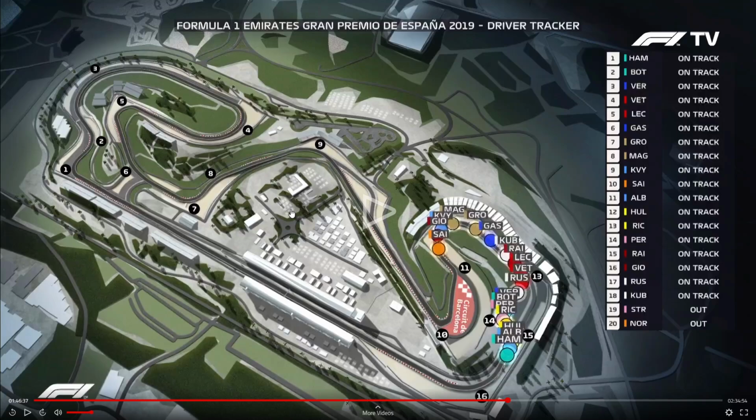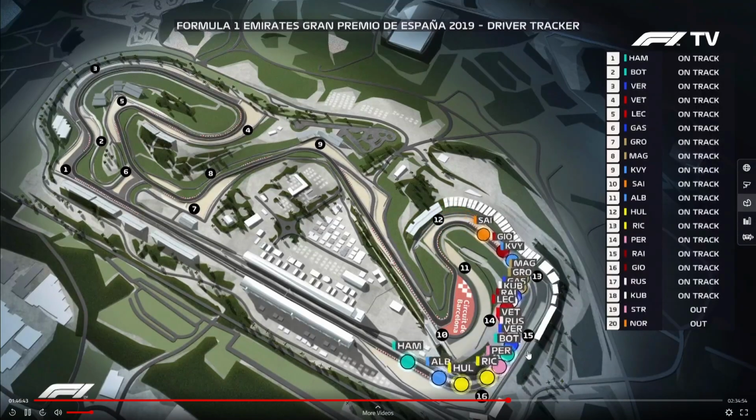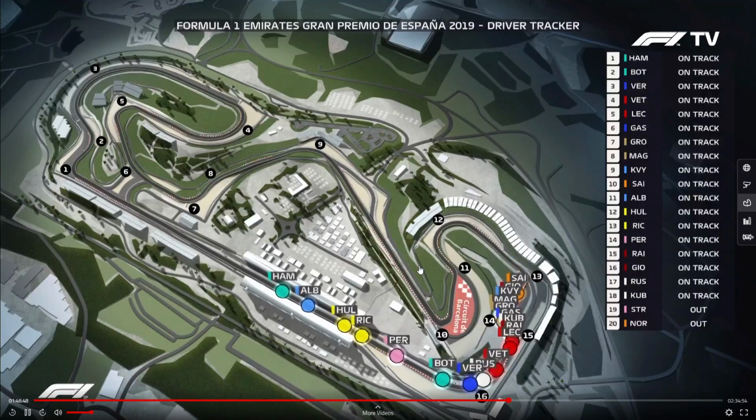So they'll be coming down the start-finish straight soon to start lap 50, and listen to what Brundle and Crofty are saying. Of the queue, Bottas has got to be at least 6 down. Vettel and Leclerc. So at least 6 down, you mean actually there's 4 lapped cars in between Hamilton and Bottas, in between 1st and 2nd. Okay. 8 or 9 cars down in the queue, maybe 10 cars down in the...